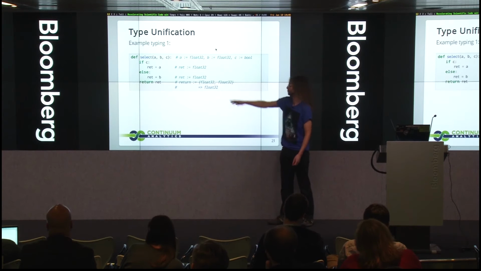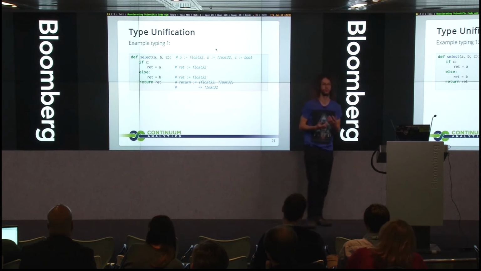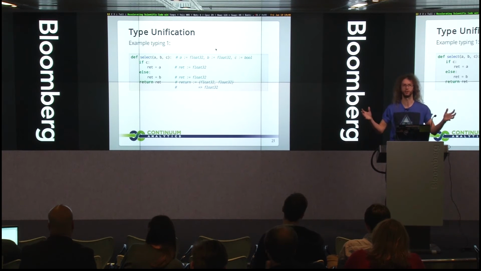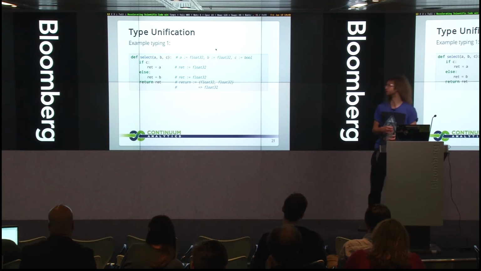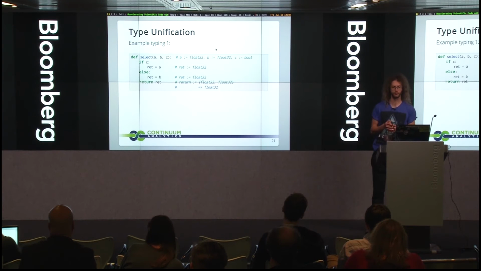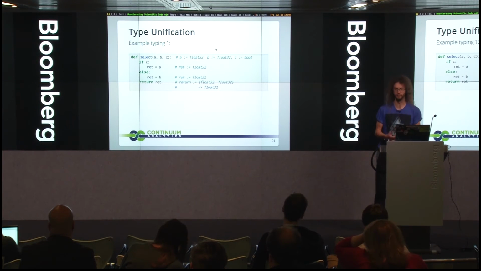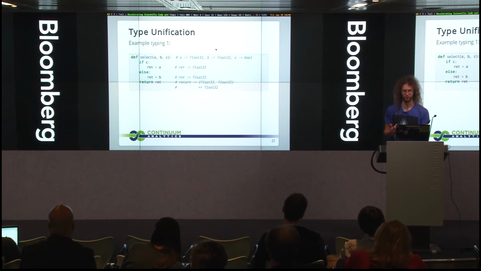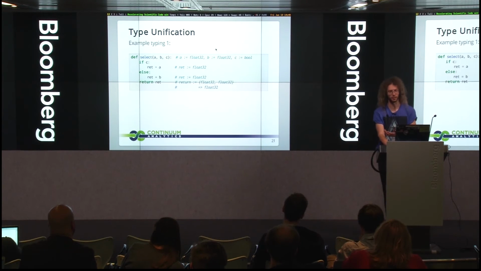Now, at the point of the return statement, the control flow merges. So we've got a type for ret from both branches. That means that we don't have a single type for it, but instead we've got a set of types. In this case, they're both float32, so they can be unified into a single type. And that's a successful typing, and the function can continue to be compiled. Now, if we look at another case where it goes wrong,